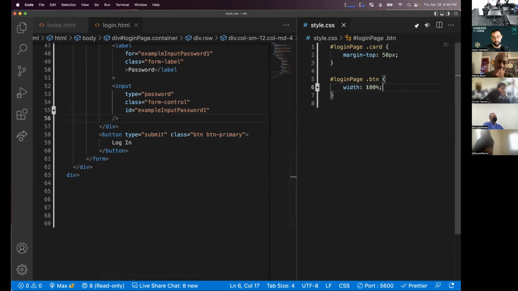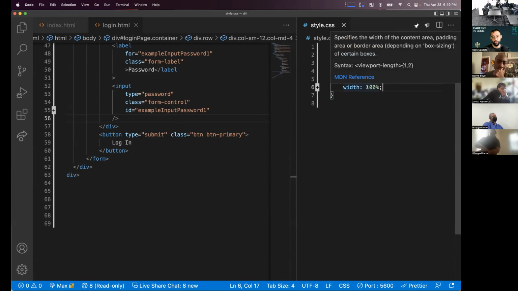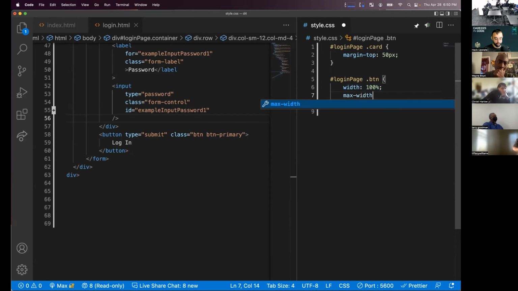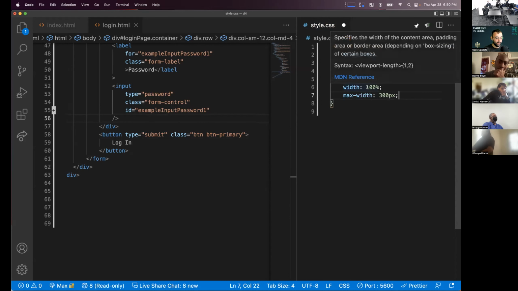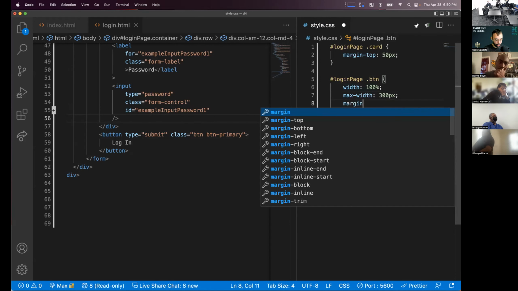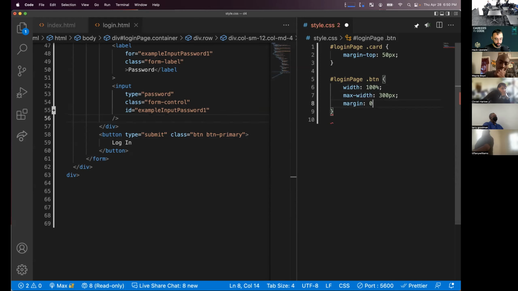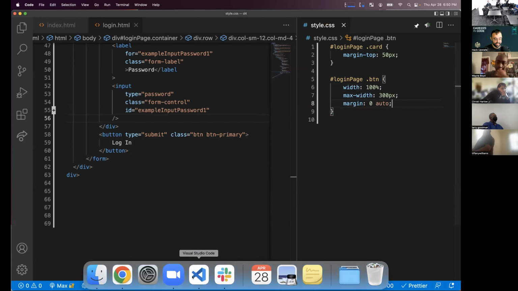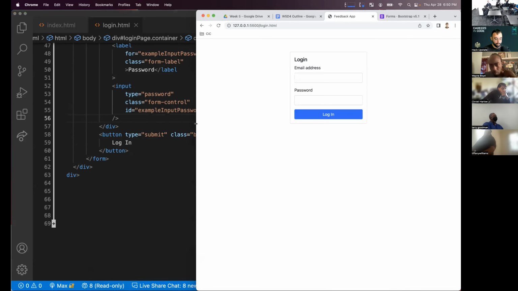So a common use is you tend to use min width and max width with percentages on the regular width, so that it is somewhat responsive. But something common to do here is I could say, I want my max width to be 300 pixels. And then I want to add a margin on that of 0 auto. And what that's going to do is center it. So if I'm in here,